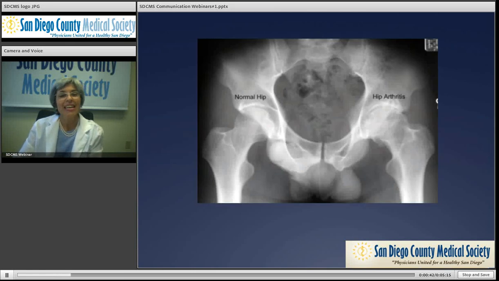In each of our areas of specialty practice, we see patients, a lot of patients, with the same diagnosis. Here's a person with hip arthritis. But even though that's an easy diagnosis to make on most plain films, do we really know what the medical problem is that we're treating? For instance, is this a 60-year-old patient who lives to play golf and is really crushed because he's had to give up the game that he loves? Or is this a 60-year-old person who's very content to sit at home reading a book and barely notices that